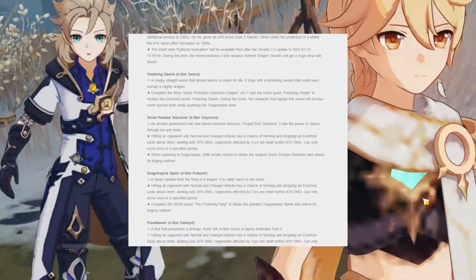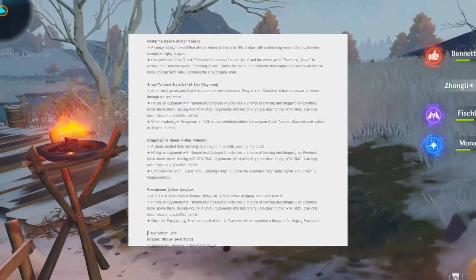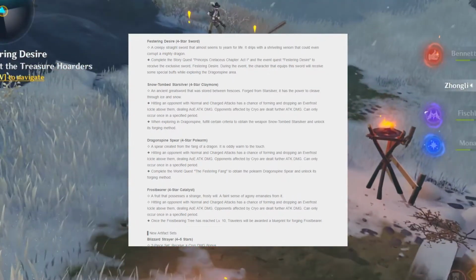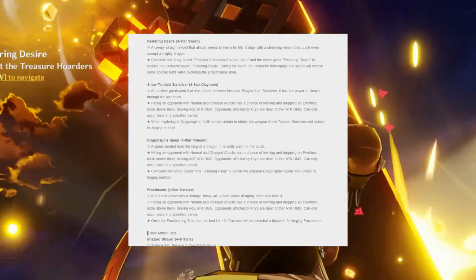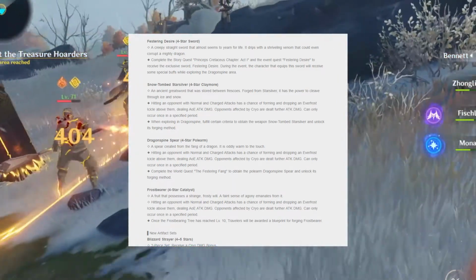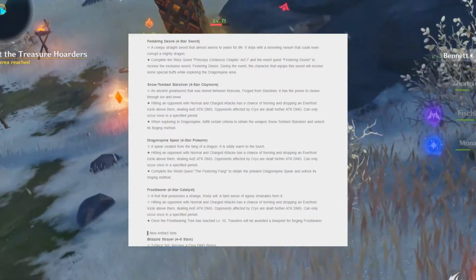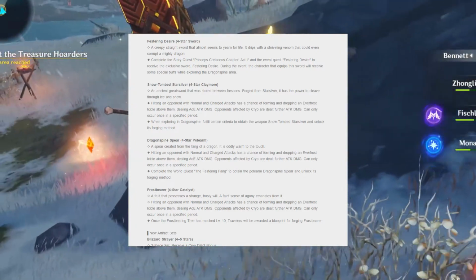Beyond that, we also have Festering Desire, which is the new 4-star sword. So this is a freebie you get by completing the story quest Principus Cretaceous Chapter Act 1 and the event quest Festering Desire. So during the event, the character that equips this sword will receive some special buffs while exploring the Dragonspine area. Snow-Tombed Starsilver is going to be the new 4-star claymore, and going down the list here with Dragonspine Spear and Frostbearer as well,